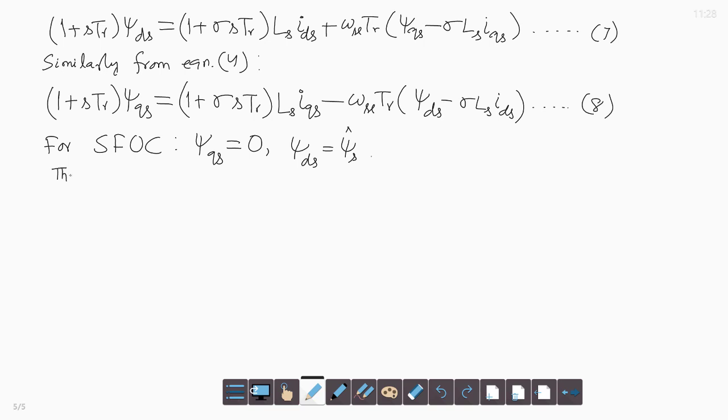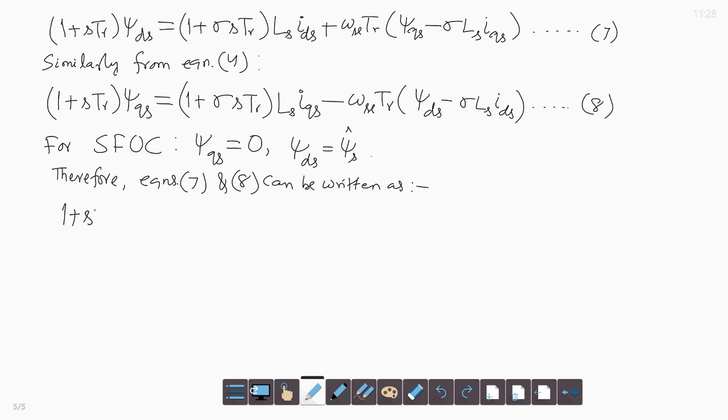Therefore, with above substitution of psi qs equal to 0, equations 7 and 8 can be written as